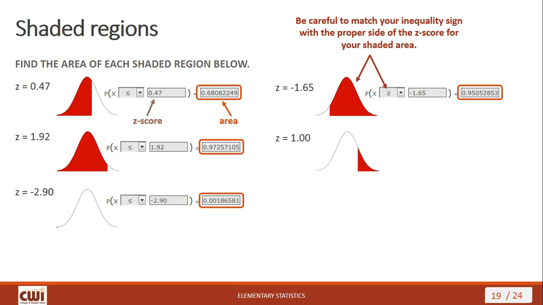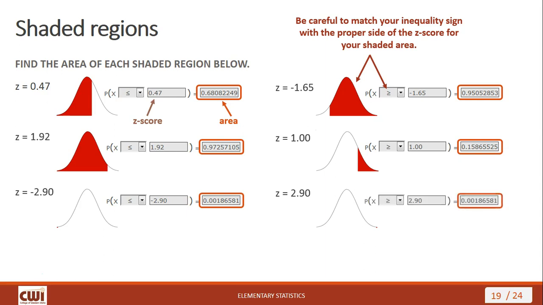Let's try another example. We want the area to the left of z equals 1. And when you do that properly, you should get 0.1586, and so on. Here's another one. Z equals positive 2.9. So you punch that in, and out comes